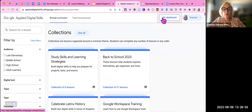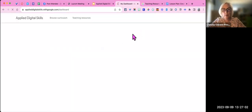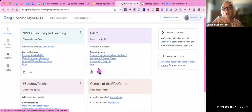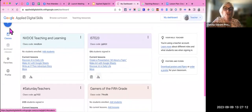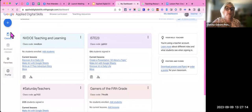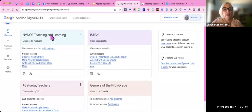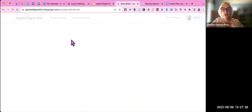I'm going to jump into my dashboard right now, and let's take a look at what I see as a teacher. So this is where I have my classes set up. It looks a little bit like Google Classroom, right? I have my classes, my archive classes, my favorites. If I click into this class that you guys are in right now, you see it has the lessons on the card, has that code right there on the card. If I jump in,